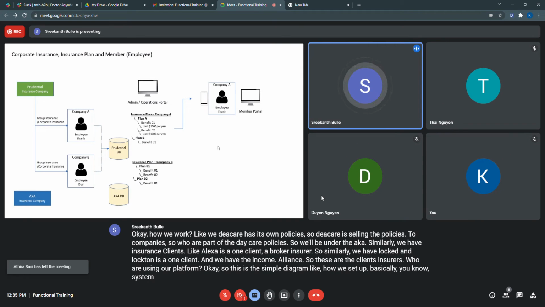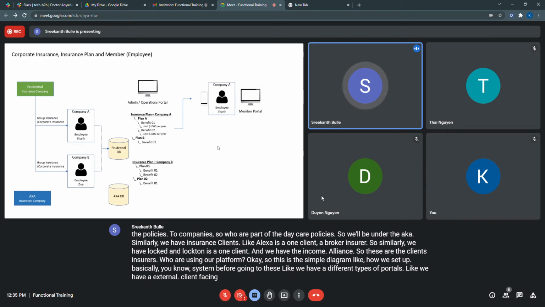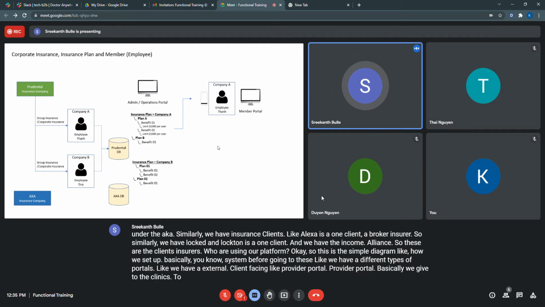Before going to this, we have different types of portals. We have an external client facing provider portal. The provider portal we give to the clinics to validate the members and submit the claims.